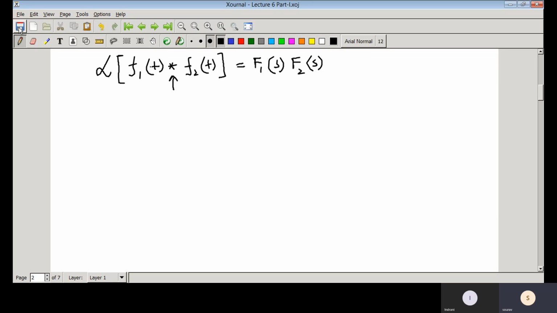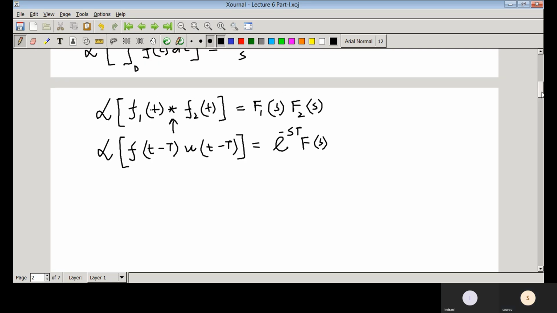So now if you introduce the delay or time shifting operator, then what happens? It's a function of t minus capital T. So capital T is the delay, and here u is the unit step function. It is delayed by capital T. Then if you take the Laplace transform, it would be e to the power minus s capital T times F(s), where F(s) is the Laplace transform of f(t).